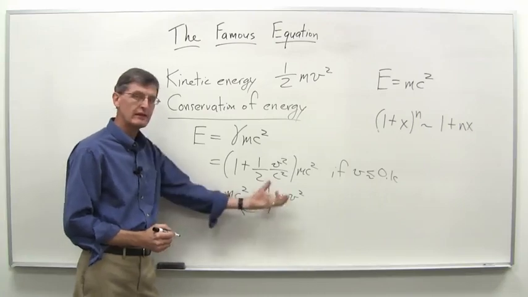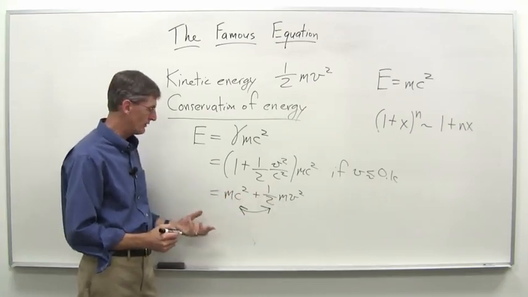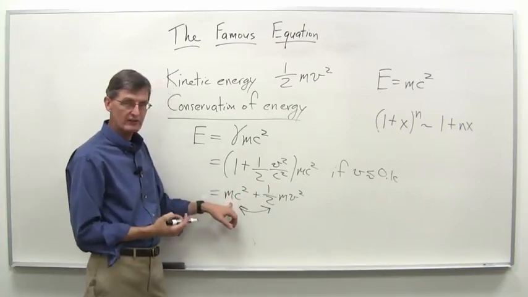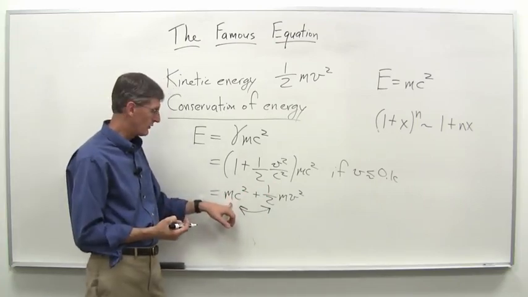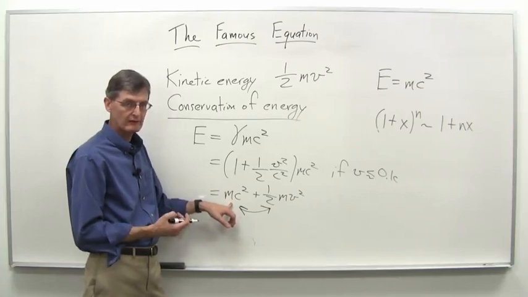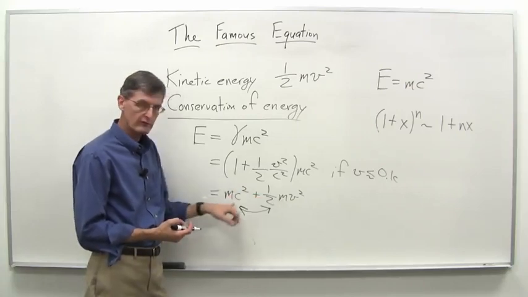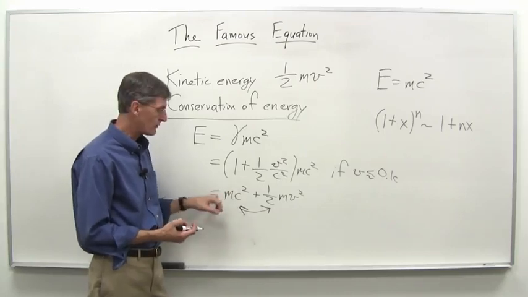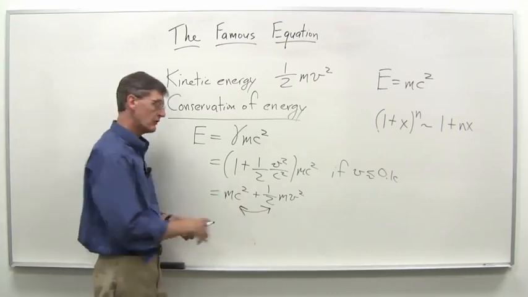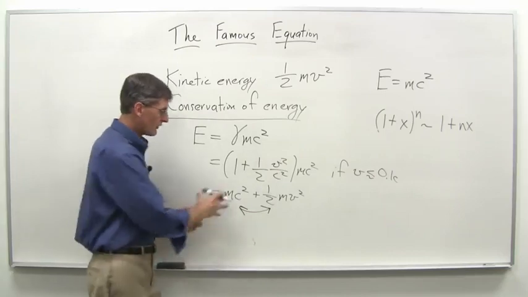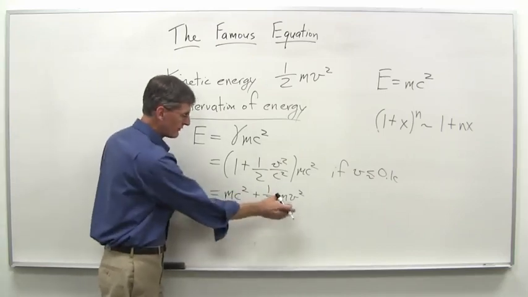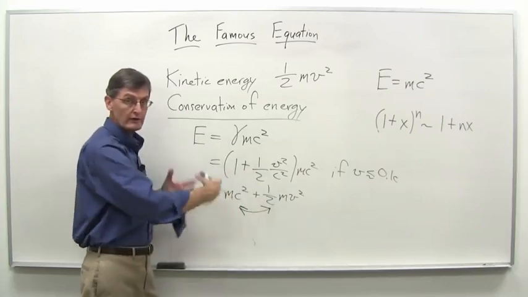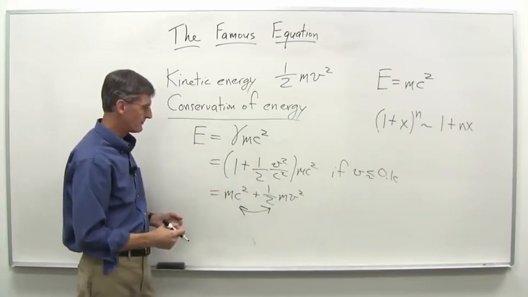Okay, so that's the implication of this equation: in principle, you can take some of the mass energy here, sometimes called the rest mass or rest energy, because if v is 0, you're just left with the mc squared part. You could potentially convert some of this into kinetic energy, or you could go the other way as well. If you convert some of this, it turns to this. If you have some of that, you can turn it to that, as long as the total energy itself is conserved and does not change.